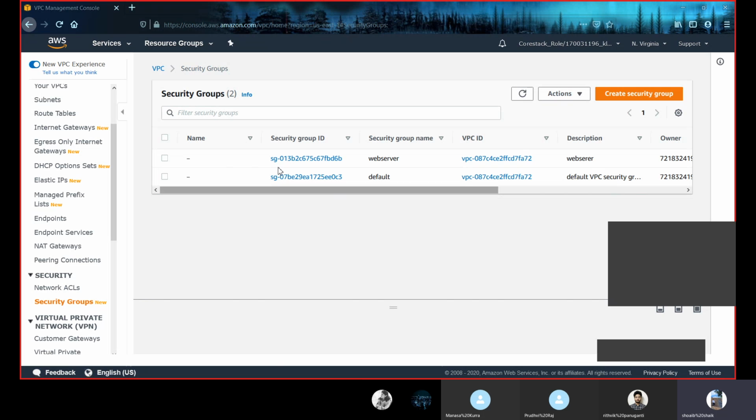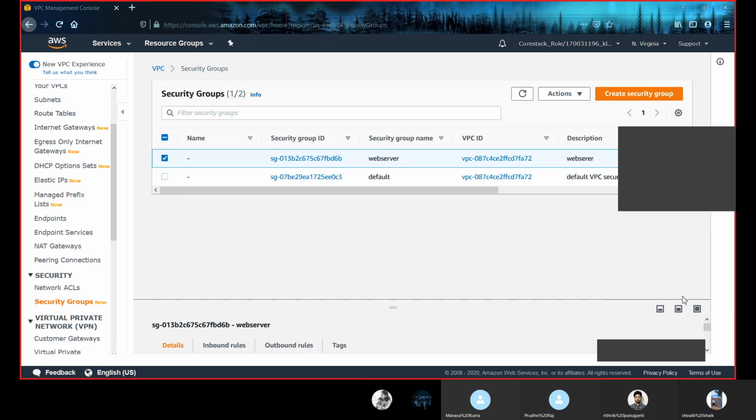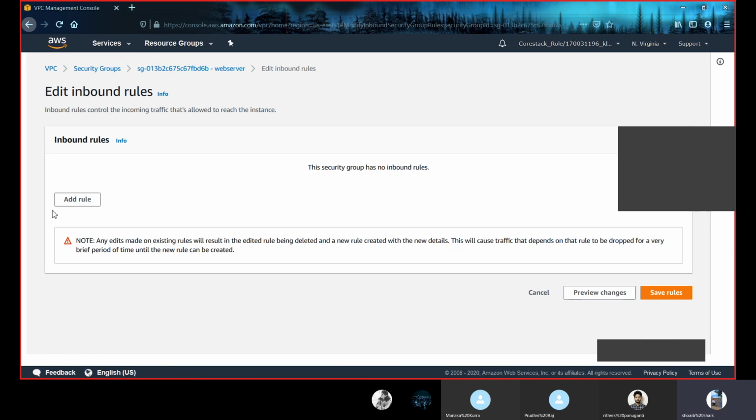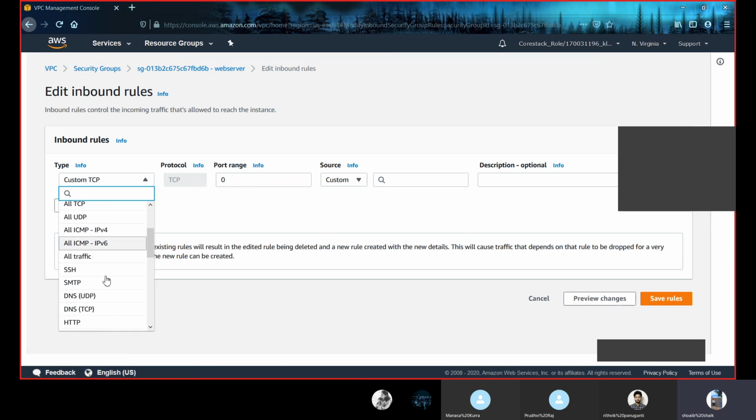So here is our web server security group. Clicking on it, you'll have all the configurations here. Now click on inbound rules. Click on edit inbound rules. Now here we can add our inbound rules by just clicking add rule. As we created a web server, we decided to allow HTTP and HTTPS traffic. Let us add those.